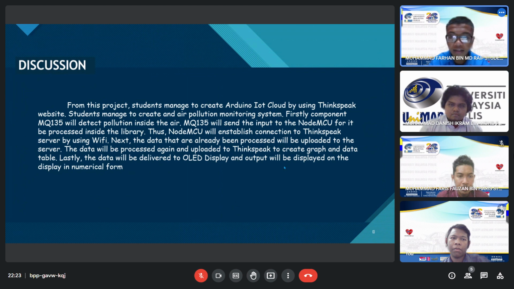Firstly, the MQ135 component will detect the pollution inside the air. Next, the MQ135 will send the input to the NodeMCU to be processed inside the library. Thus, the NodeMCU will establish a connection to the ThingSpeak server by using Wi-Fi.